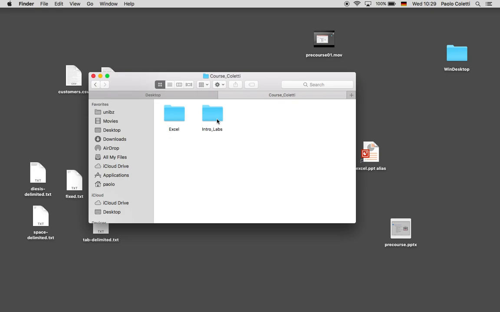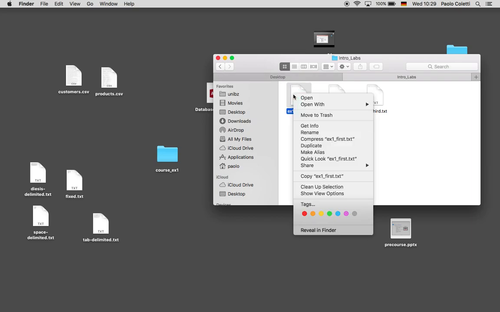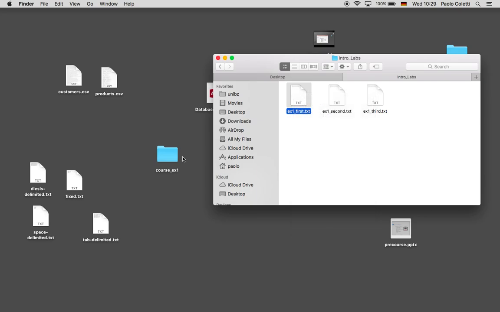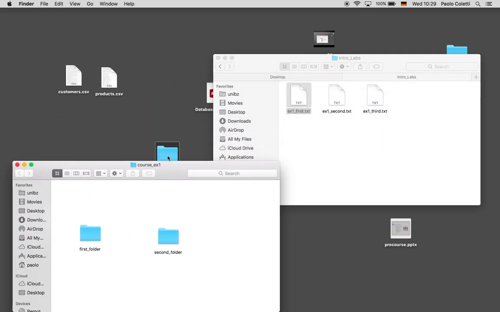During the course I put in intro labs the files that you need. Well, if you don't find them, just take 3 other files, doesn't really matter. So let's see how you can copy a file. To copy a file, you have 3 methods, both in Windows and in Mac. First method, it's right click, copy. In the Mac, it suggests copy X1 first. Okay, I go here, I open the directory, because not always if you paste it onto the directory it will work. So I go here, paste item. So first method, very easy.